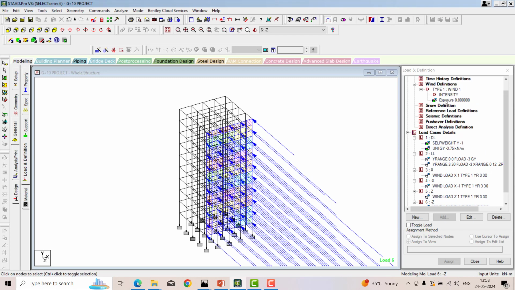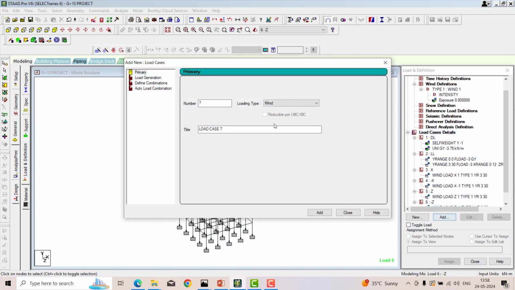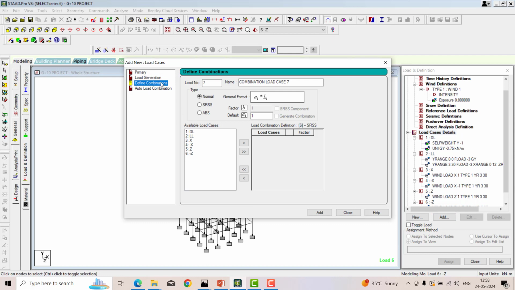Once you are done with this, in total I applied wind load, dead load and live load. For these 3 types of loads we have to combine them, that is load combination. The factor is 0.9. You can go and check in the code. For that I am just clicking on the load case details and add, define combination. When we know the combination, then you can go ahead with the defined combination.